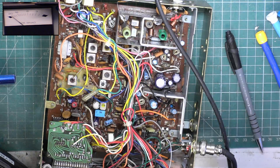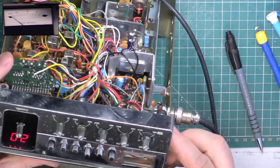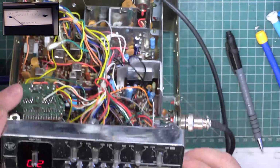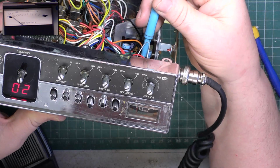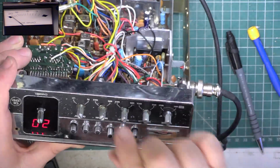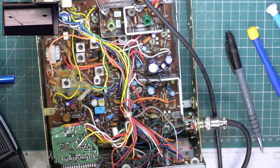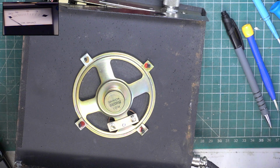Alright, well that's it. It just needs me to check the S meter, so let's look at S9. It's absolutely bang on. Absolutely bang on to the dot. So it's this preset, just to show you. So I'll check the deviation and then we'll put the lids back on. Alright, well I've checked the deviation, it was a little bit out. So I've dropped that